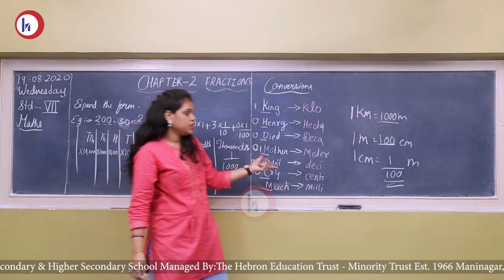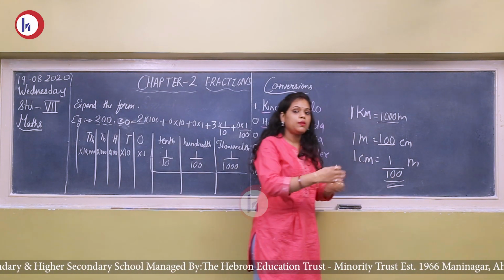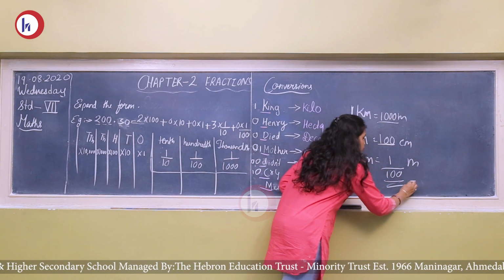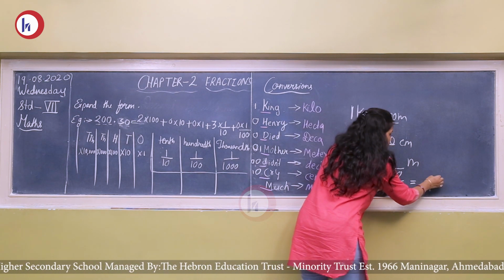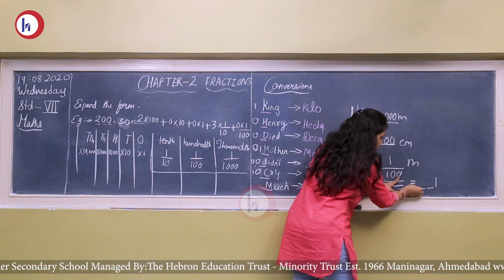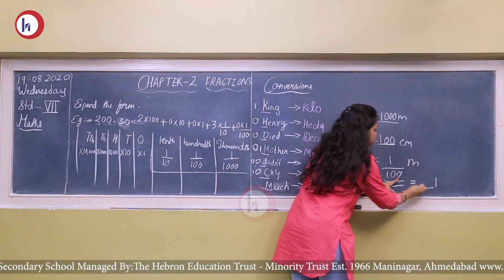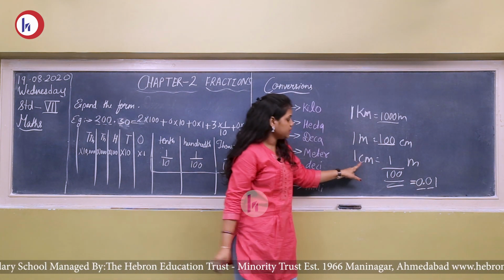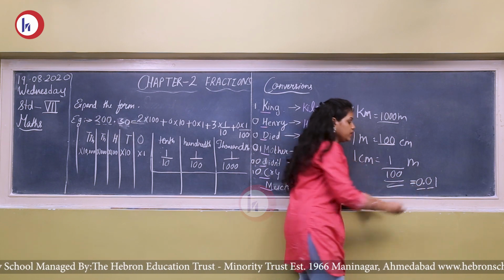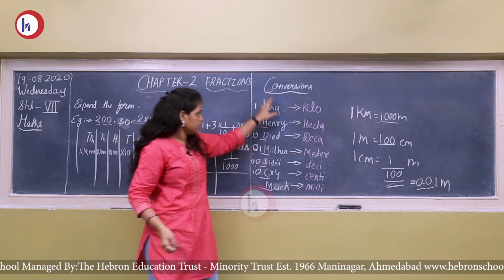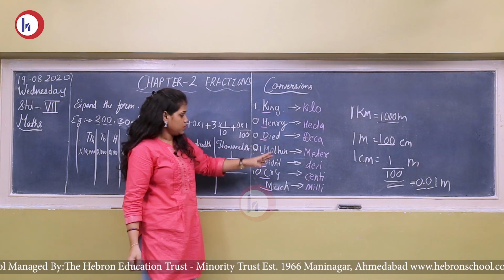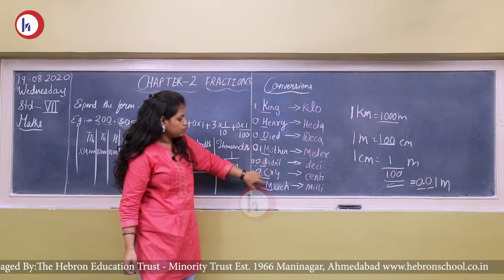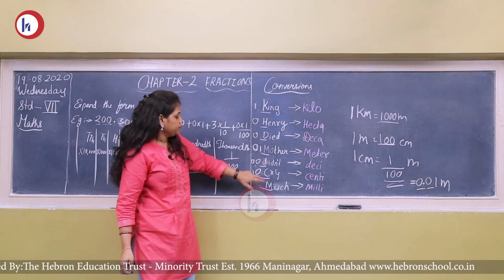Now what is your 1 upon 100 meter? If you divide 1 by 100, अभी मैंने आपको बताया decimals कैसे place करते हैं. So if you want to place the decimal in 1, what you are going to do? 2 zeros, मतलब 1 and 2 places of decimal will be there. Means after decimal. So 1 is already there, 0 and 0 point. So 1 centimeter is equals to 0.01 meter. So from this you can find any conversions. Suppose take 1 centimeter में कितने millimeter होंगे? तो 1 and 0. So 1 centimeter is equals to 10 millimeter.